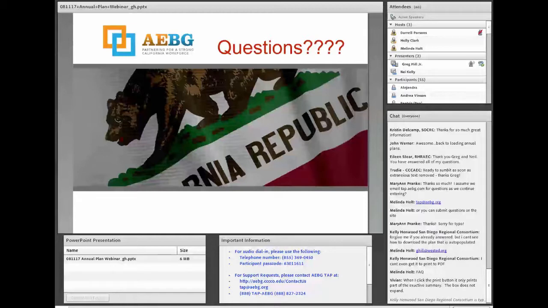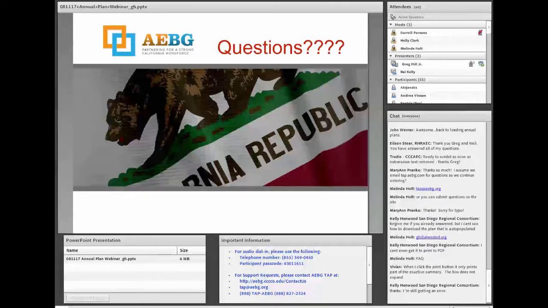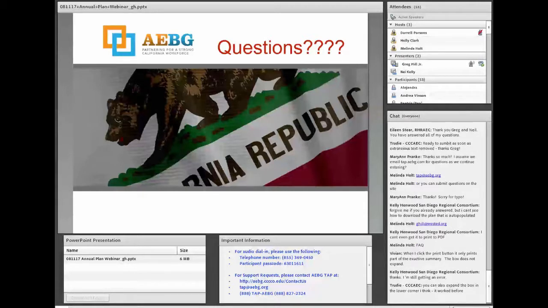Executive summary, and that does sometimes happen. We have a question from Vivian. She says when she hits print, it's only showing a part of the executive summary. Try logging out and logging back in, and trying it again. Alternately, you could change the layout to landscape. That's an issue that we've encountered before, and we resolved it, or we should have resolved it. So if you're experiencing it now, okay, you're still getting an error, okay. Kelly, let me look into it. We'll have some folks get into it and then see what we can do to get back to you.